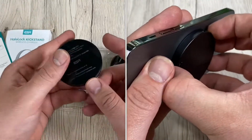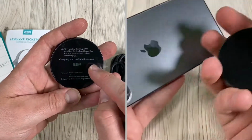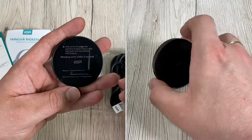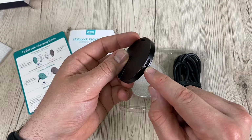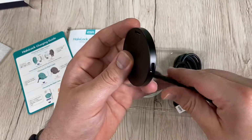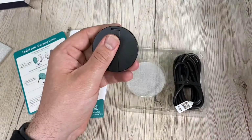Oh yeah, this is the ESR HaloLock Kickstand wireless charger, and it is compatible with iPhone 12, 12 mini, 12 Pro, 12 Pro Max because of the magnetic, and in magnetic cases. And of course, because of the magnetic thing, it can dock on the backside of your iPhone while the MagSafe is there